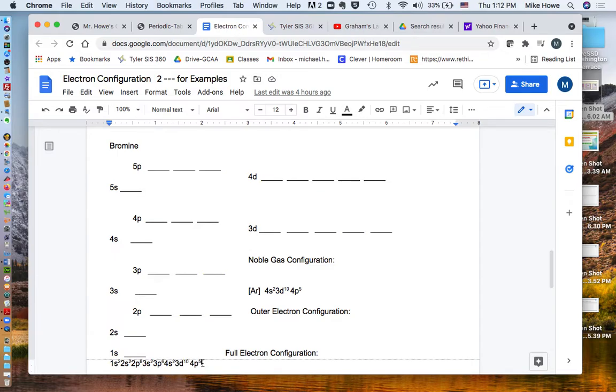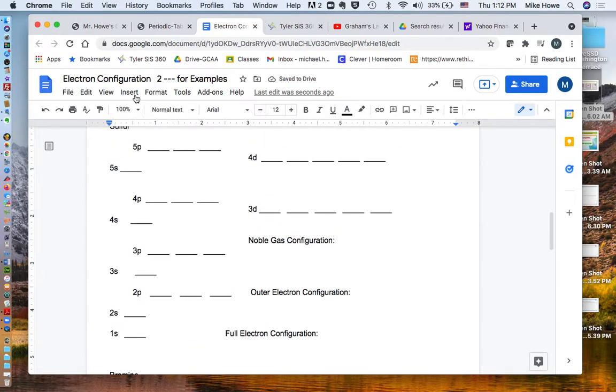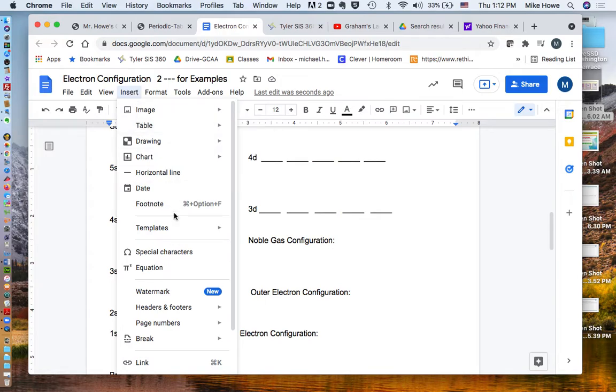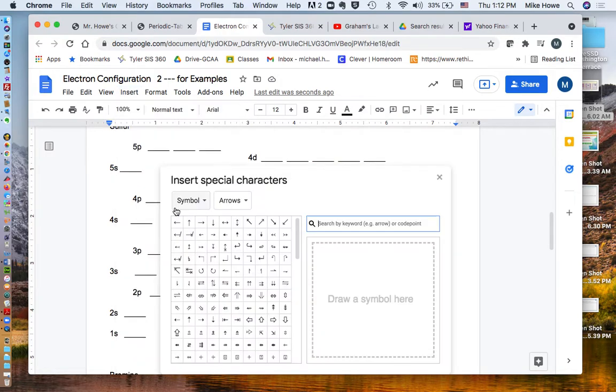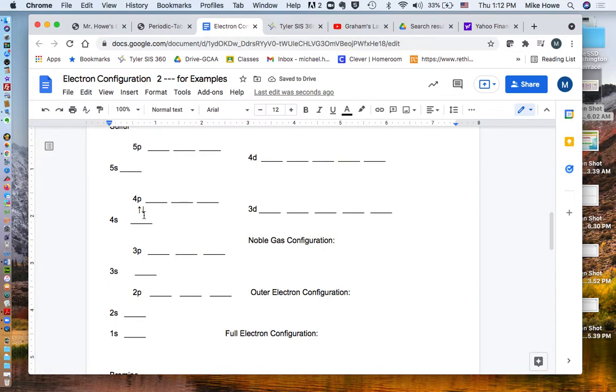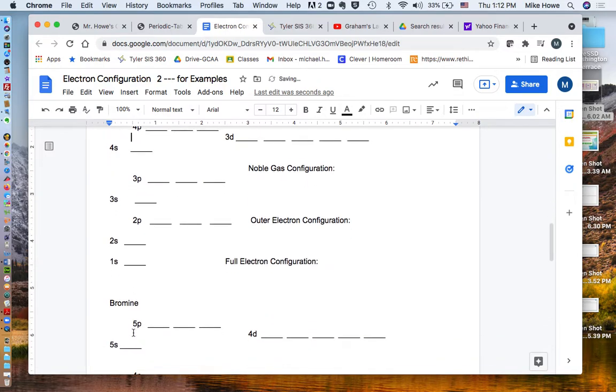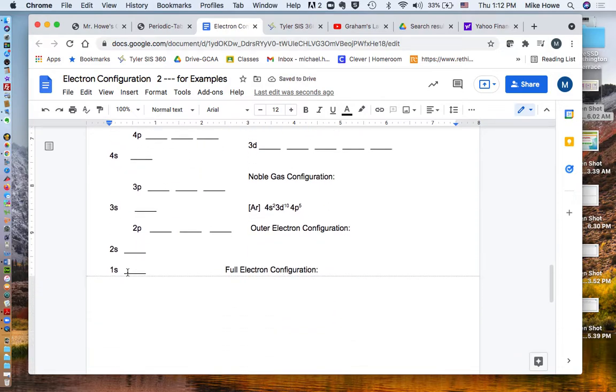So if we're going to put the electrons in for bromine, we'll go ahead and put some arrows in. Now remember, you get arrows from the insert menu, special characters, and click on special characters, not Latin, and click an up arrow and a down arrow, and that'll put them in your document somewhere. And then we'll just cut those, or copy them, actually cut them, and put them in the appropriate place for